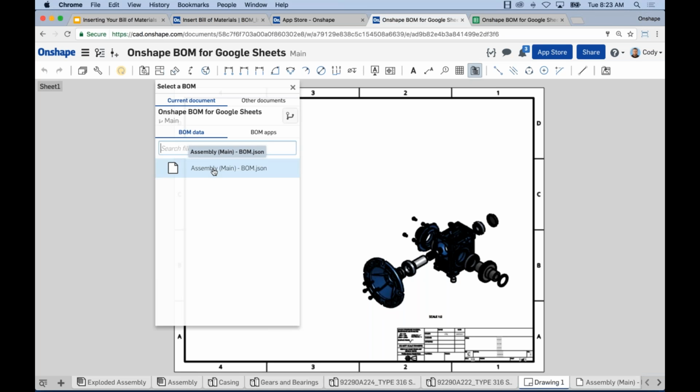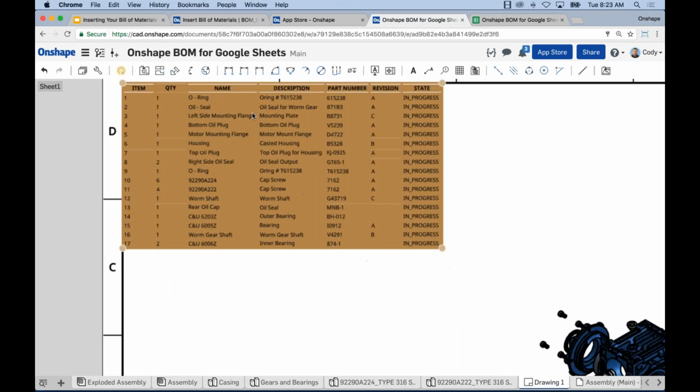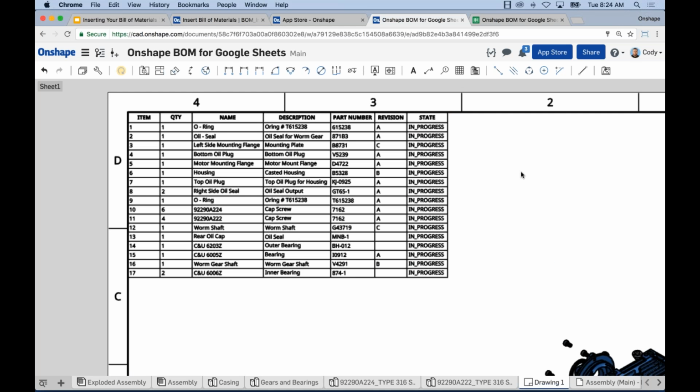Just keep in mind, if you're using a connected cloud app like Onshape BOM for Google Sheets, then there's going to be a transfer. There's going to be an export process that transfers from Google Sheets to Onshape, and that's what that export BOM does in Onshape BOM. But then inserting it's no different than anything else. Just left-click, place it, and there is your Onshape BOM for Google Sheets,